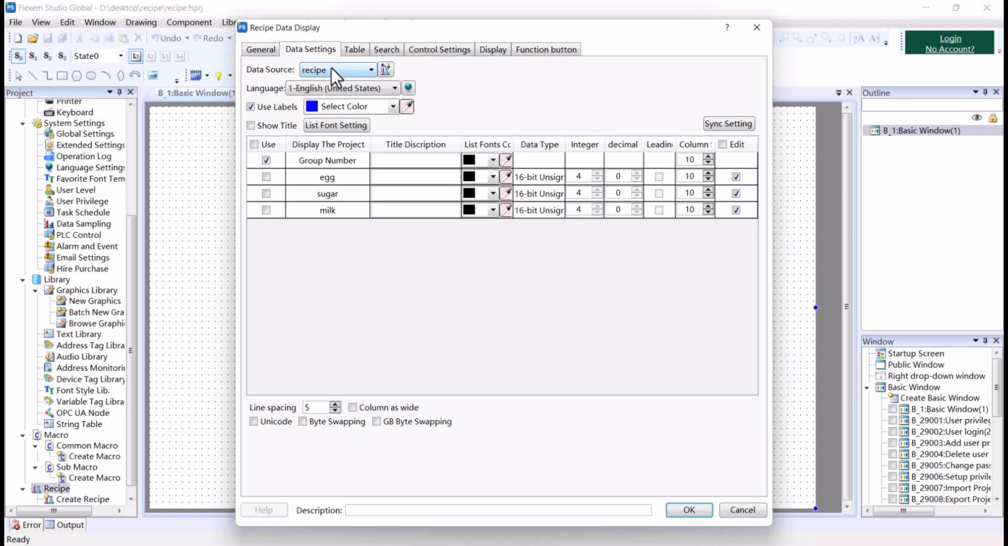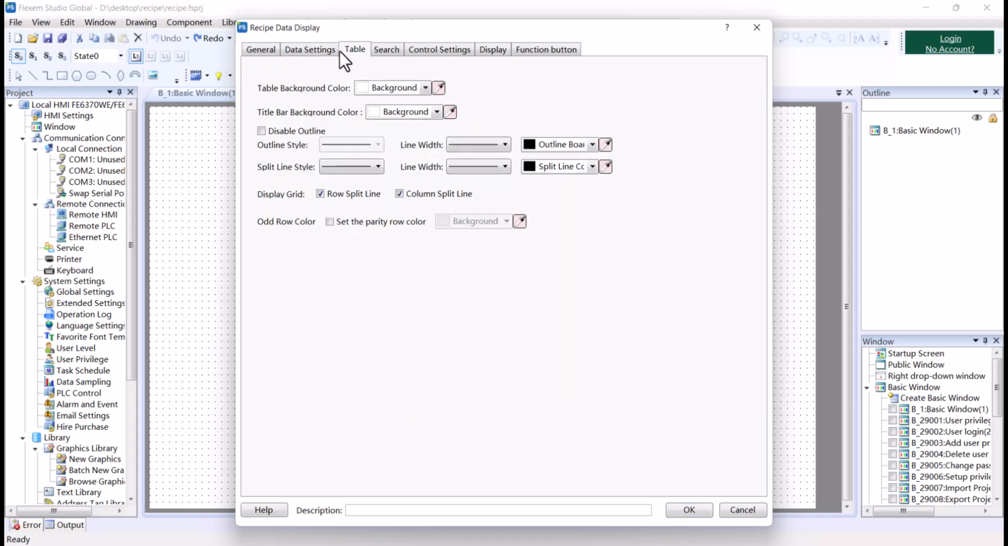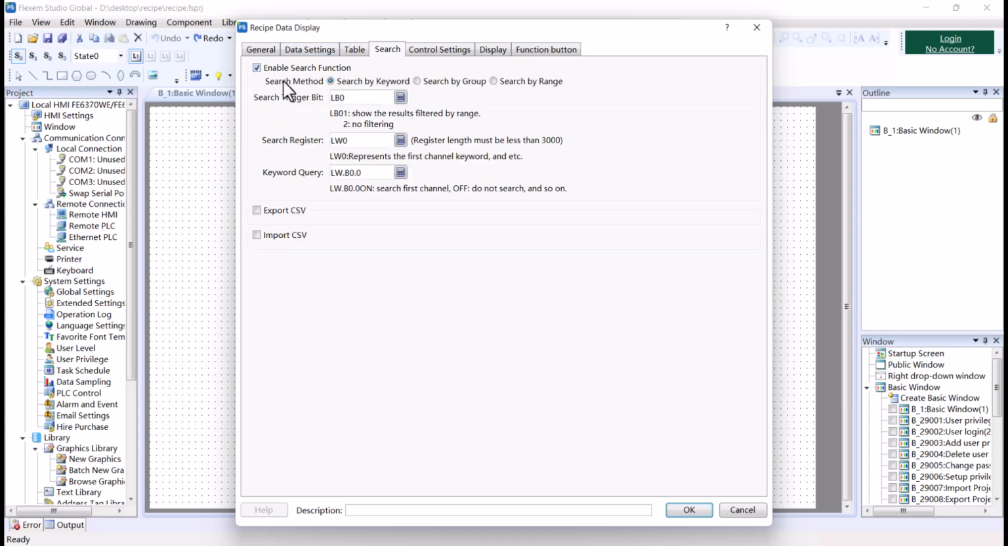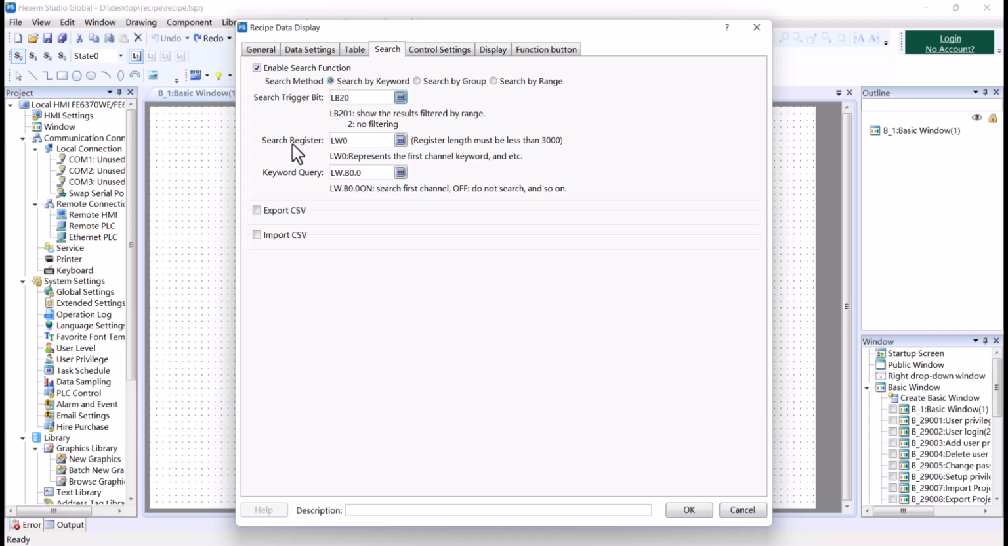Then we choose the data source. Data source is the recipe we created just now, and choose the elements and show title. Then click on the table. You can customize the style of the recipe display table. And search function: here you can enable the search function. Search method can be by keyword, and choose a search bit. Search register is